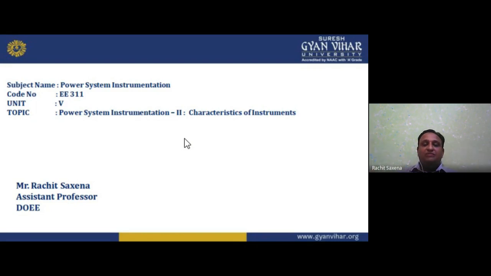In opposition to that, we have the reverse construction for the potential transformer. The primary has a large number of winding turns and the secondary has a few turns. We connect a voltmeter in parallel and an ammeter in series. So these are the different types of instrument transformers, and we have understood their working. Capacitive voltage transformers are also part of instrument transformers, but they come in the category of PT, potential transformer. So we'll deal with the comparison between all these three.